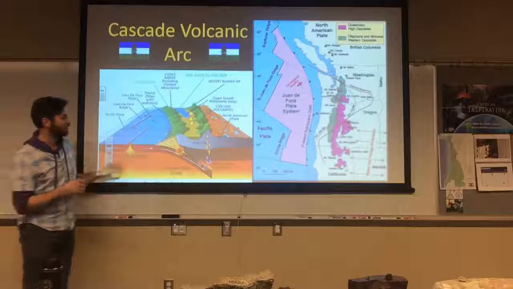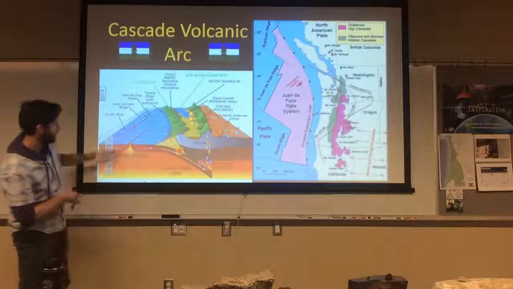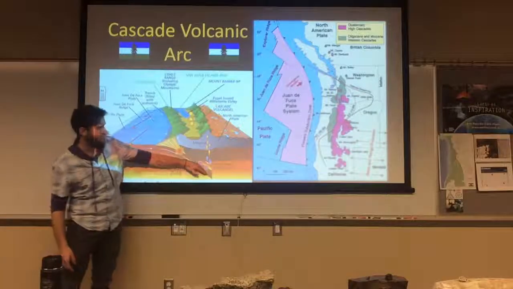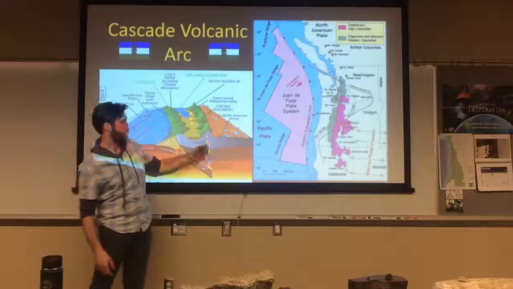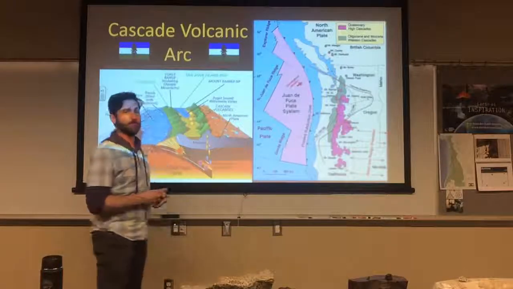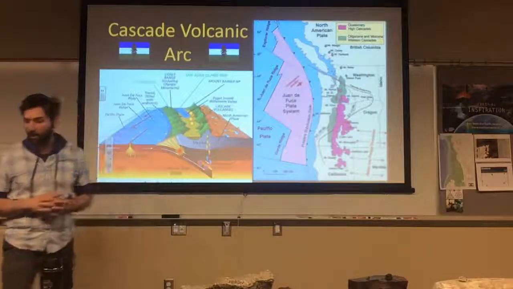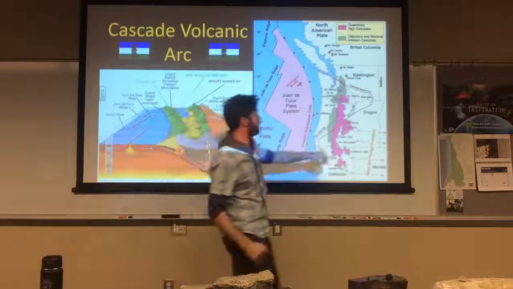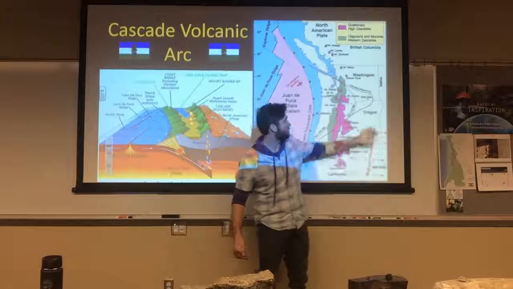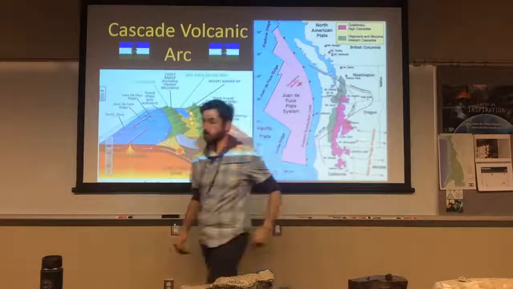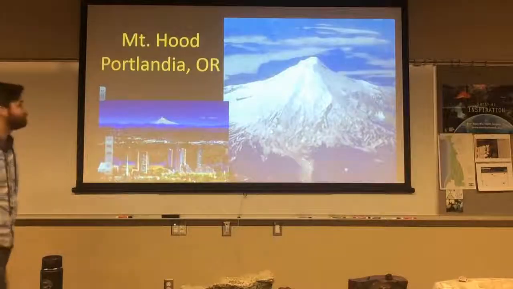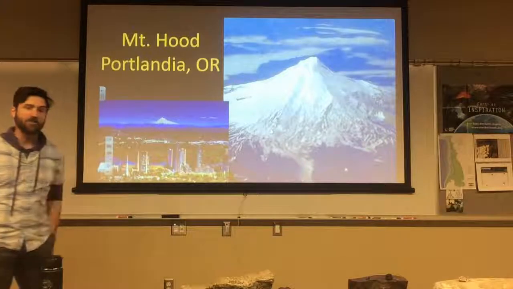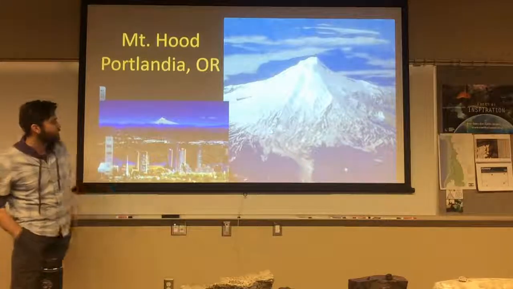And that's also shown here in 3 dimensions, right? If the map view doesn't work for you, here's the diverging plate, subduction into the mantle, hot water is released, and that creates flux melting, creating volcanism. So the Cascade volcanic arc is right here in at least my backyard, not all that far away. I am broadcasting from Ontario, Oregon, in the Treasure Valley area. But really, the volcanism is not very far away, making one of the iconic volcanoes of the state, Mount Hood, just outside of the great city Portland.